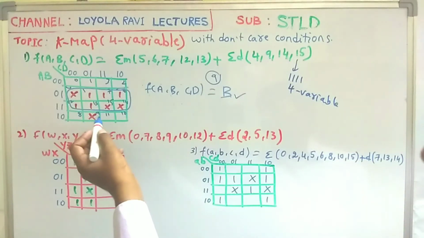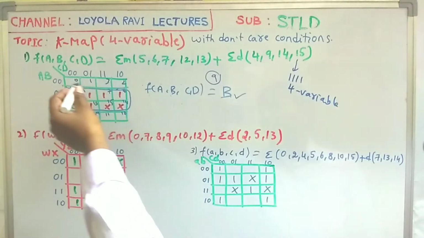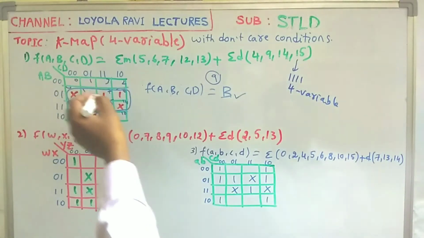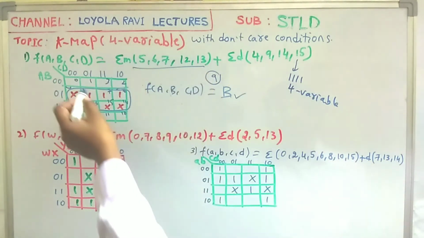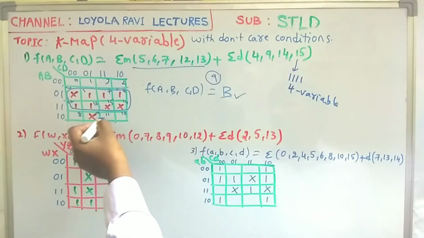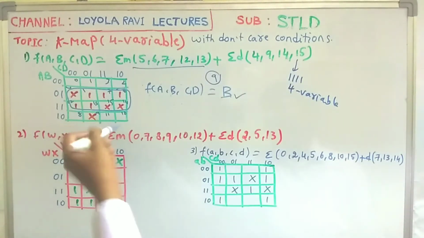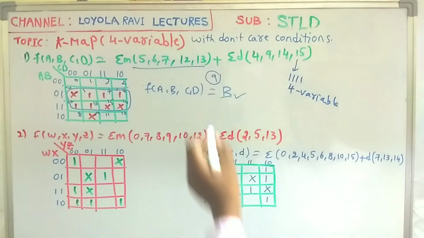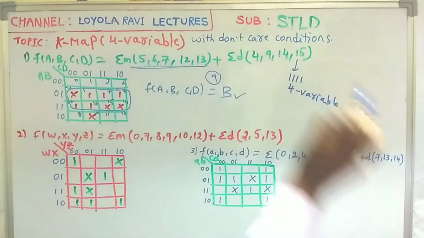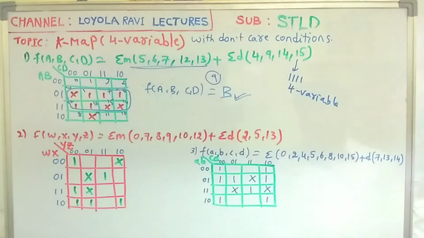Then here, don't care is left. We don't have any further min terms, ones. If any further ones are there, then you can consider that don't care. If only don't cares are left, leave them. Our main intention is to cover all the min terms, not don't cares. So the final simplification is F equals B. That is one example. Then go for the next example.